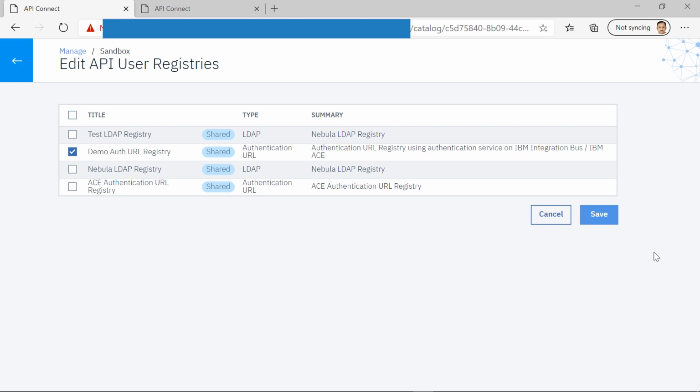Right, now once that is saved, you can go to your APIs and use this for securing APIs, either as part of basic auth or as part of OAuth security mechanisms. If you're creating an OAuth provider in API Connect, for that OAuth provider's authentication, you can refer to this particular user registry as well, which I'll probably cover in a different video session when I'm talking about OAuth security for APIs.